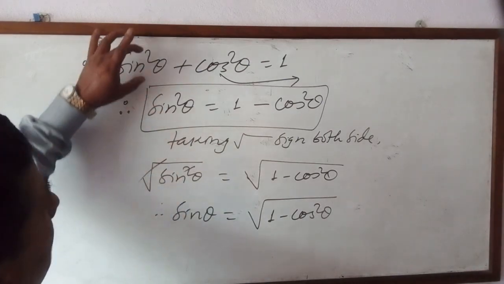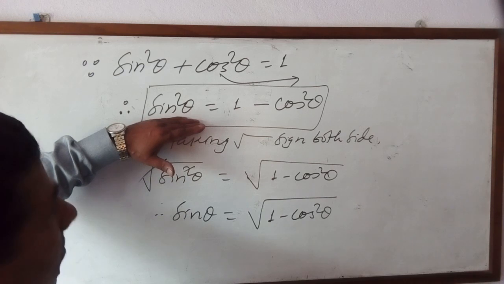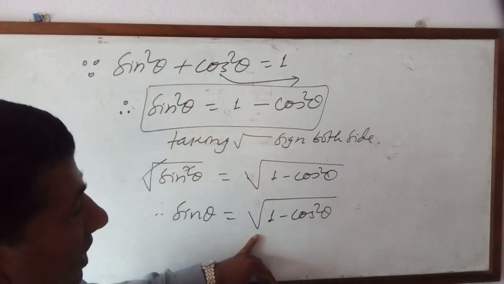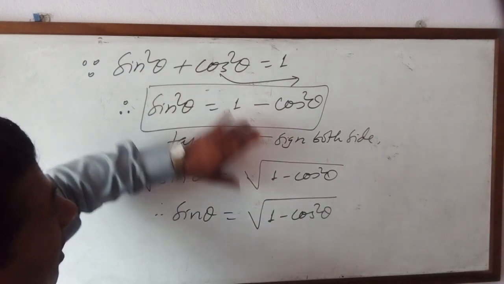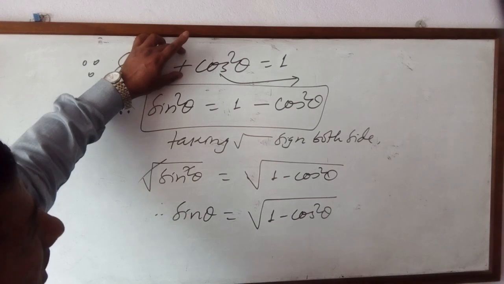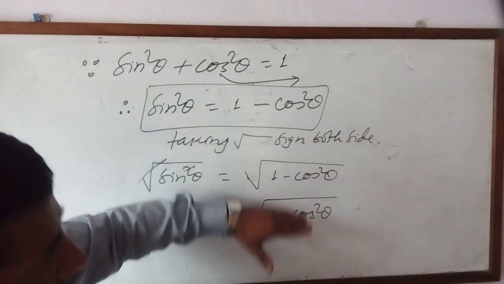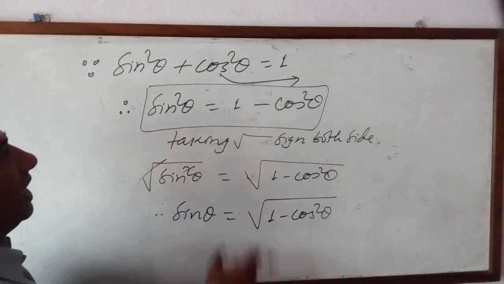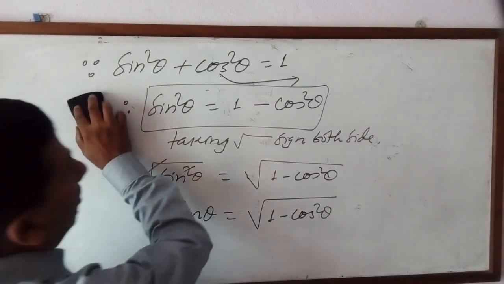Now see, sin square theta equals 1 minus cos square theta. If you want to remove the square, there will be a radical sign. See the difference? These are the main formula. Do not think they are different formulas. Only one main formula is this. From here, you should have the capacity to derive these two forms. Now just like this, I will find cos square theta.